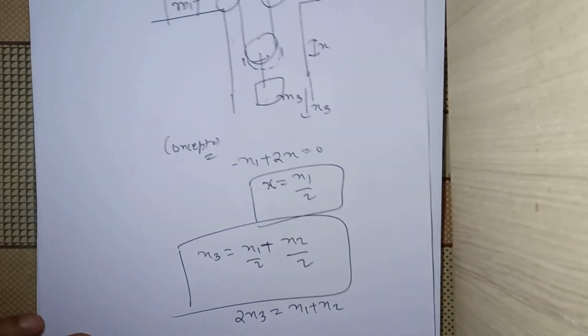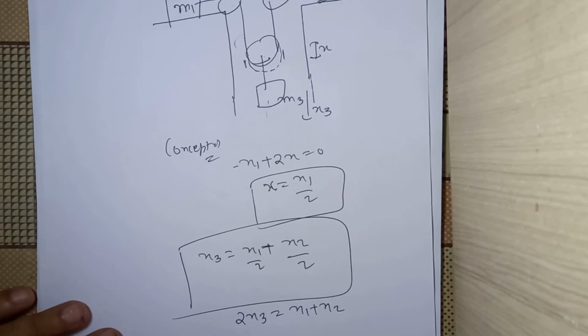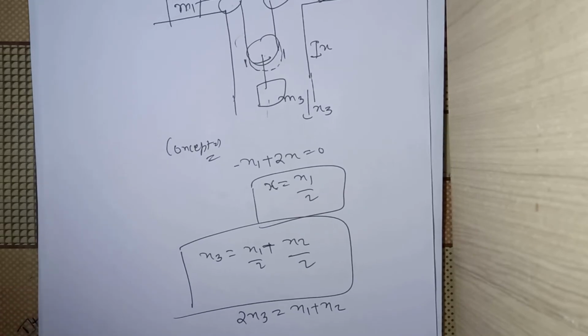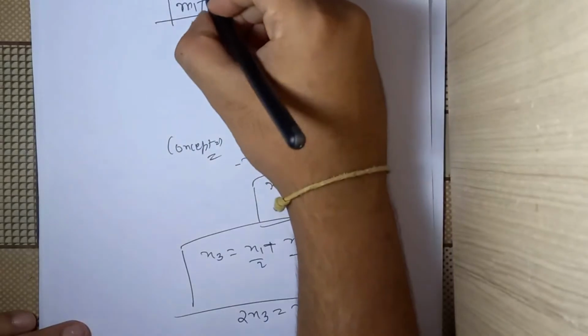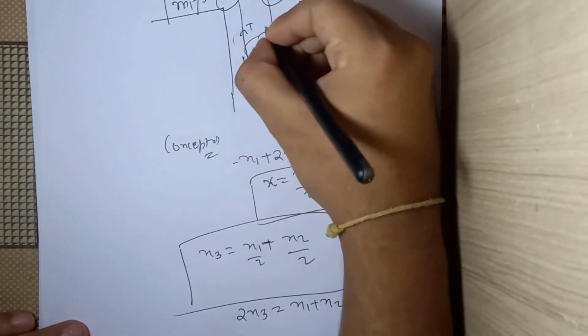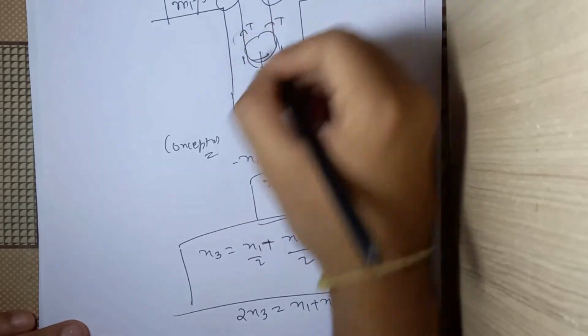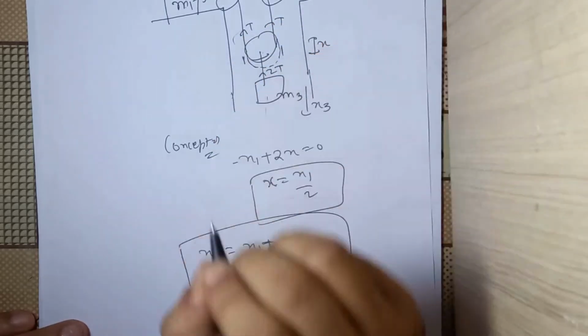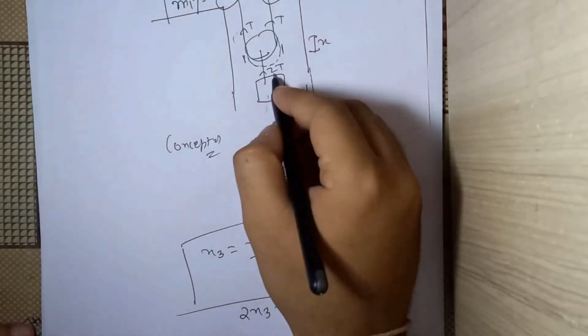Now let us try to do it by the short trick that we have. You will see by the short trick the problem is very simple. You can simply write that there is a certain tension T here, and there will be T here, and because there are tensions T and T here, there will be a net tension of 2T here. We have already studied why this is 2T.